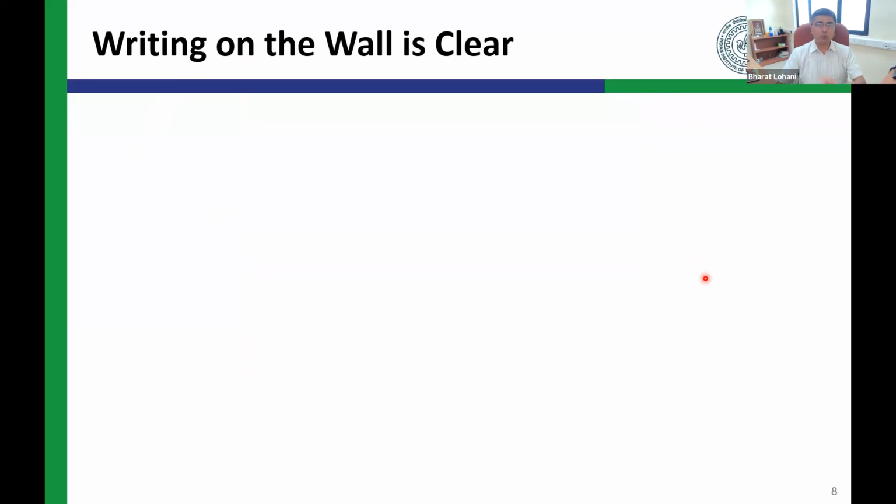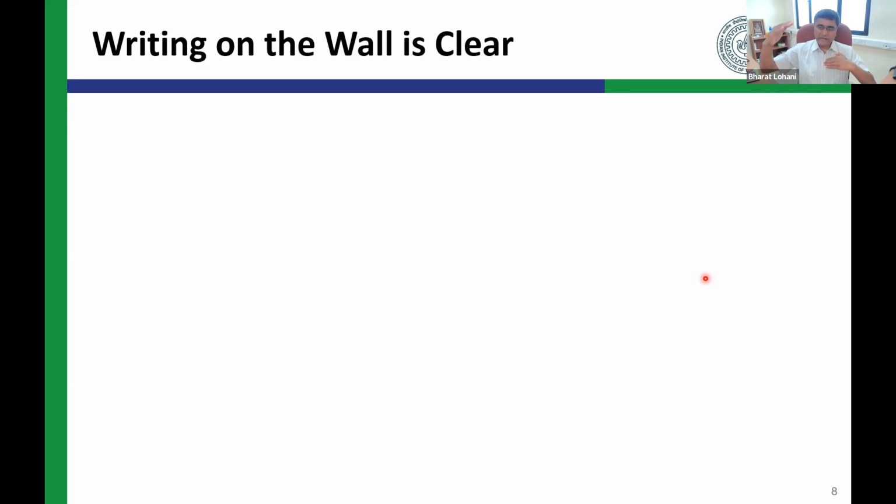So the writing on the wall is very clear. In what sense? Across the government hierarchy, in the universities, in the society, in the market, it is being realized that universities and institutes should become a place of developing technologies, innovation, developing products. And I will tell you, in IIT Kanpur, we are going to have our new UGRC and PGRC.